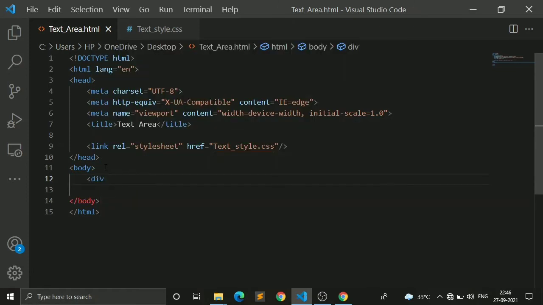In this I will give a class as a text. I will declare a class. So I am using class, and I will give a value for it, text wrapper, so that I can use it in our CSS when we want to apply some property here. Text wrapper. So for now I think it is okay,